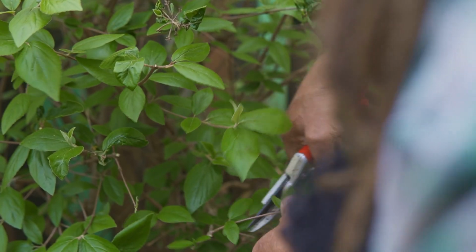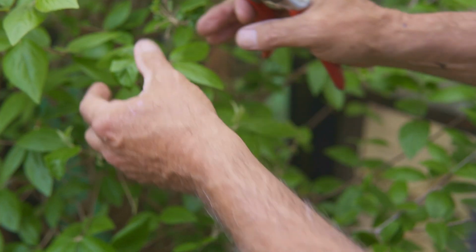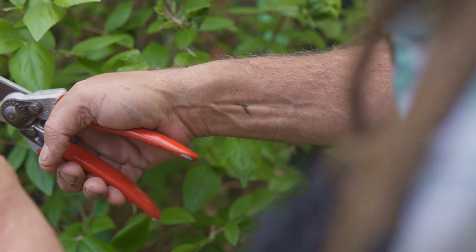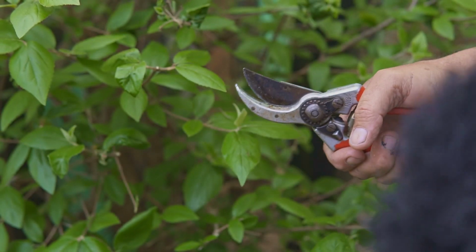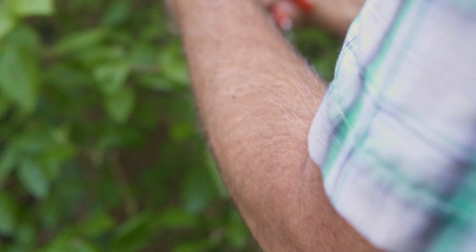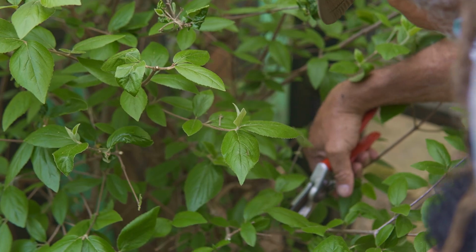Every little place. And every time that we do this, right here, there will be 2 more limbs branch out. Then here, 2 more limbs will branch out. And it just makes a very full shrub. And I did this last year and it was absolutely covered with flowers this year, and it's a beautiful